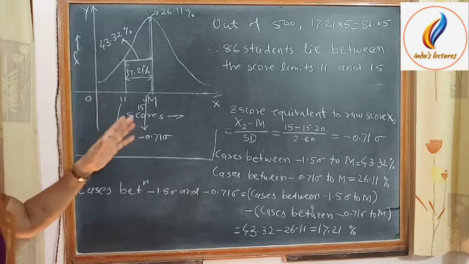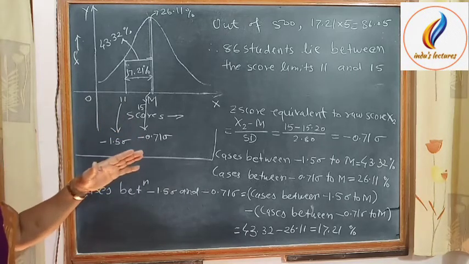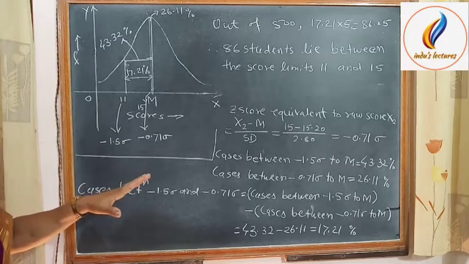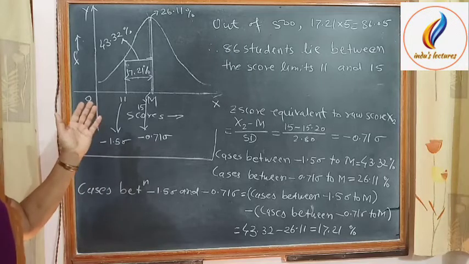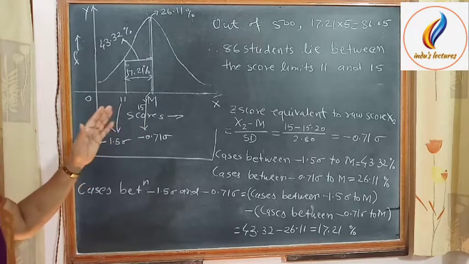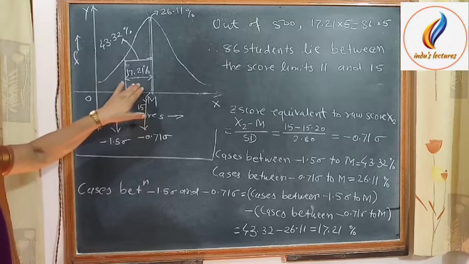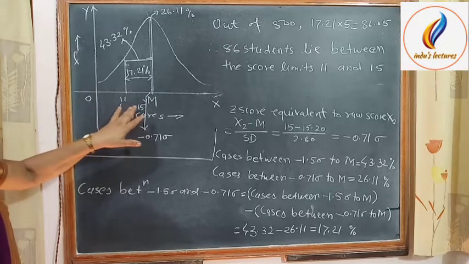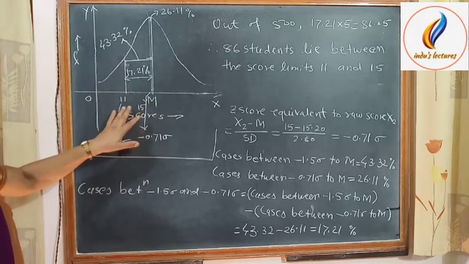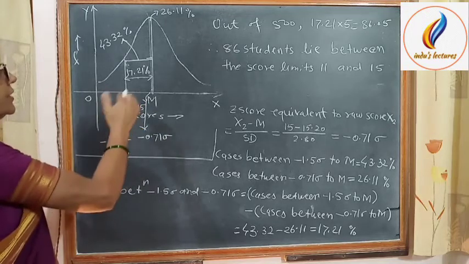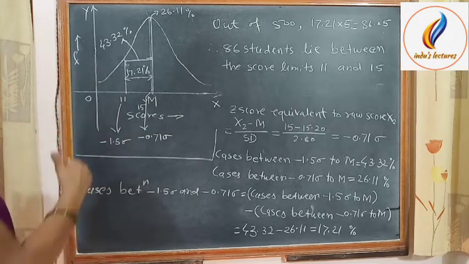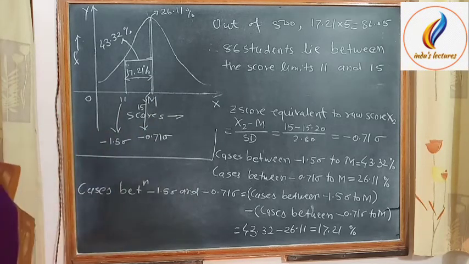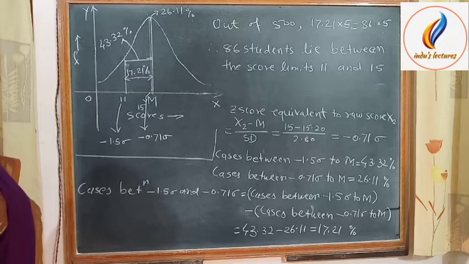Z scores and then use the normal curve table. With the help of the normal curve table, we can find the percentage between the raw score and mean, and considering the position of these scores in the normal probability curve, whether it is on the right side or on the left side, find out the percentage of cases between the given limits. Now we will consider the second example.